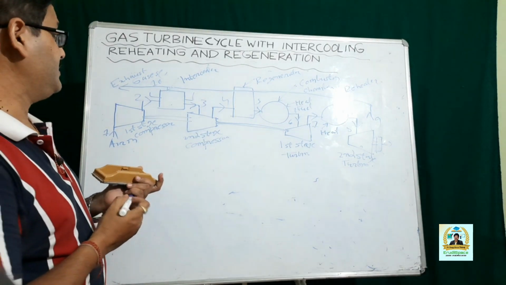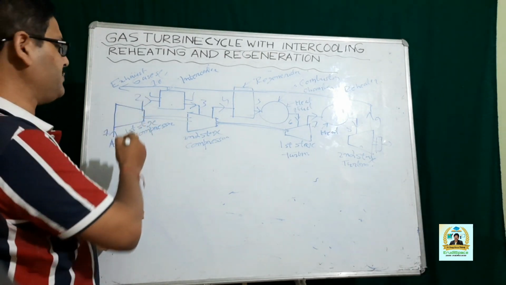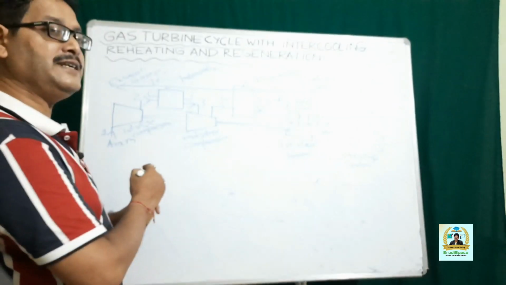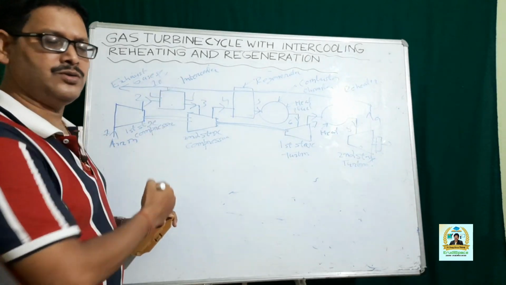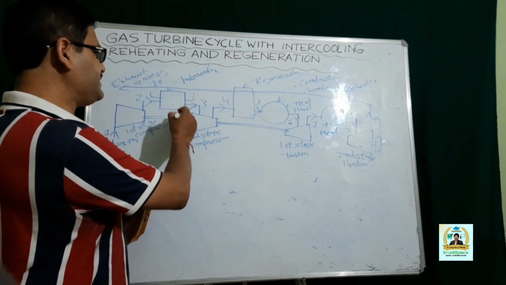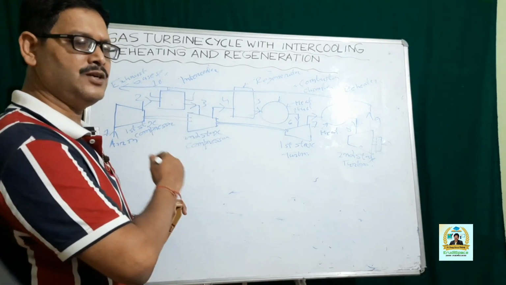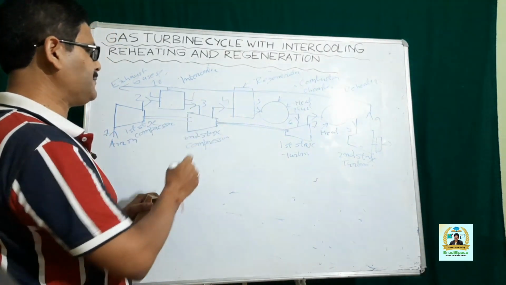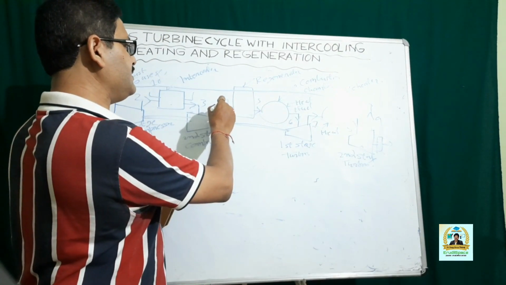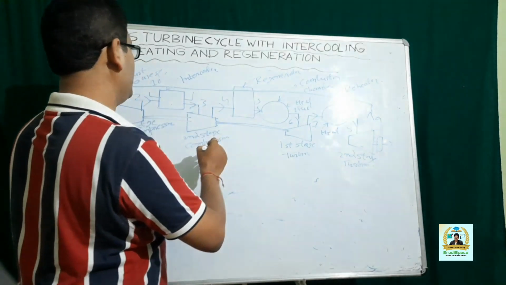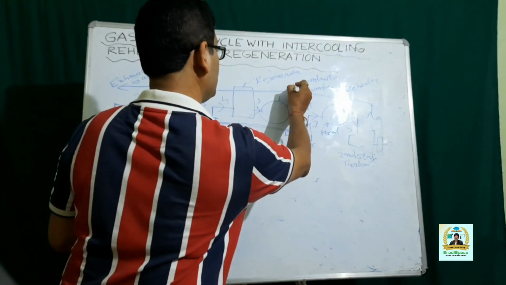So let me explain the cycle. First, air is taken in. It is taken to the first stage of the compressor where it is compressed. After that, it is taken to the intercooler where the temperature of air is cooled at constant pressure. Then it is taken to the second stage of the compressor where it is compressed to a higher pressure. After that, it is made to pass through the regenerator, and in the regenerator the air actually receives heat from the exhaust gases, and after that it is taken to the combustion chamber